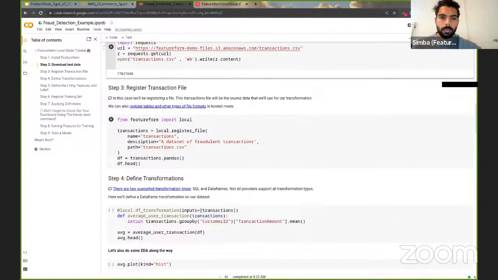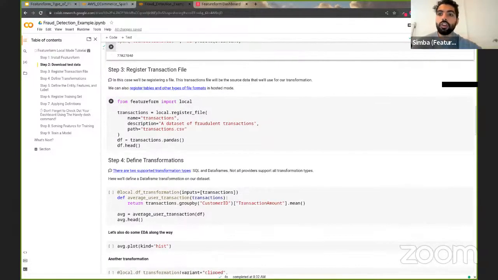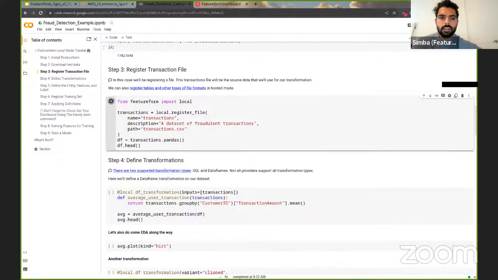First thing I need to do is import local from Featureform. That's just local mode. It looks very similar to hosted or managed mode, but the compute and storage is up to you. If you use local mode, then we'll use your laptop as compute and storage. And so we're going to register that file we downloaded, transactions.csv. We can actually convert all these resources in local mode to pandas. If we ever want to do something that requires straight-up pandas, we can always convert back and forth between the two. So you can continue doing workflows as you would as a data scientist. So we'll do that next. We're registering the file here. After the file is registered,